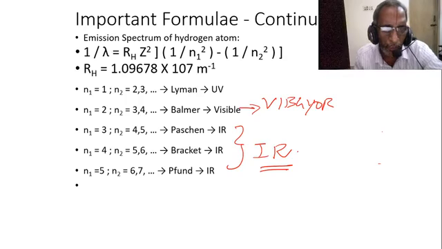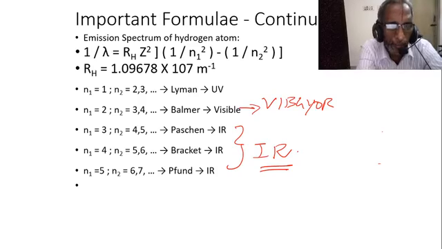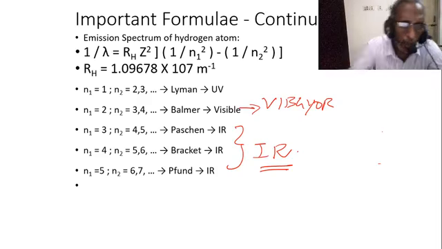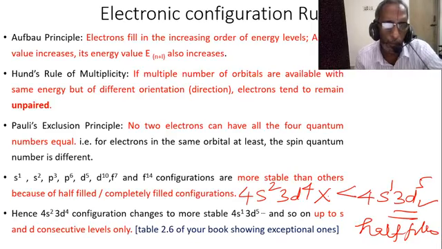Lastly, the emission spectrum is divided into 5 portions: Lyman series, Balmer series, Paschen series, Brackett series, Pfund series. These series spectral lines are observed when electrons from higher orbits transit to the first orbit, or second orbit, or third orbit, or fourth orbit, or fifth orbit. Lyman series lies in the ultraviolet region of the electromagnetic spectrum. Balmer series lies in the VIBGYOR visible region. All other series lie in the infrared region.